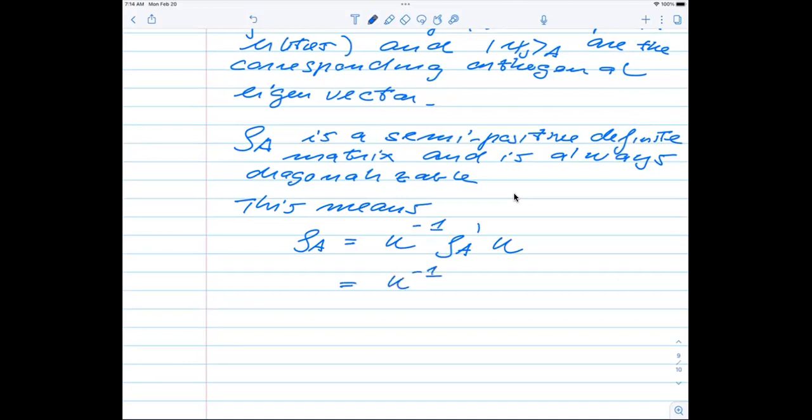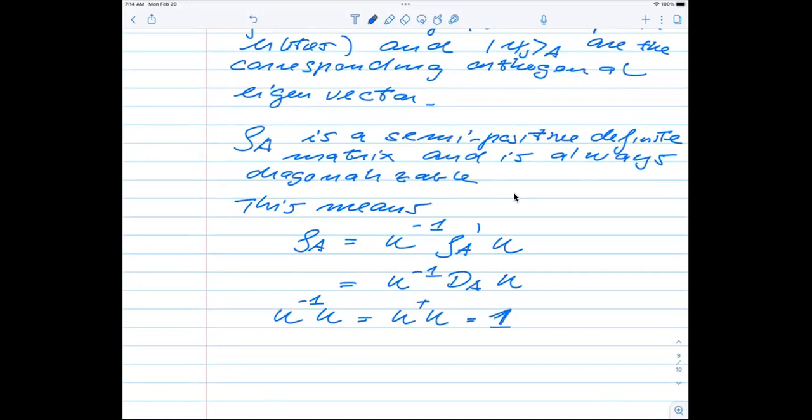This is a standard way by which we calculate the eigenvalues and eigenvectors of a specific matrix, where U is a unitary matrix,